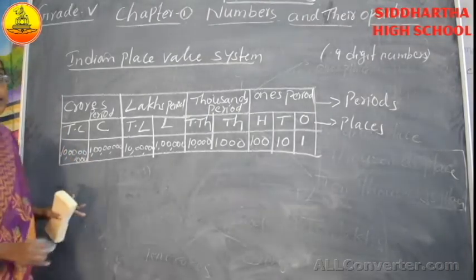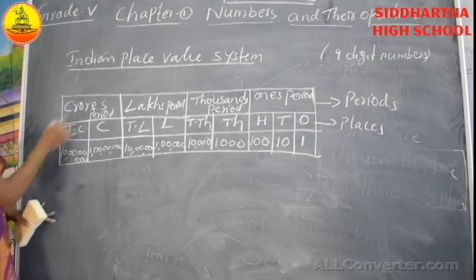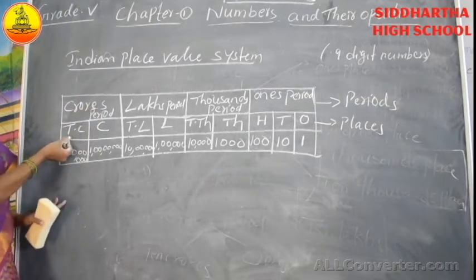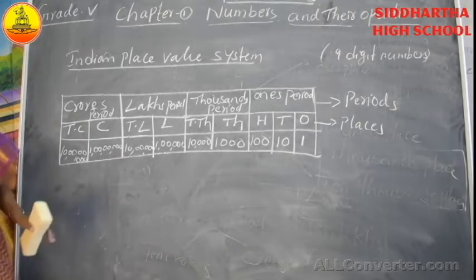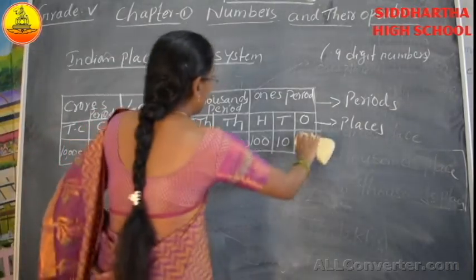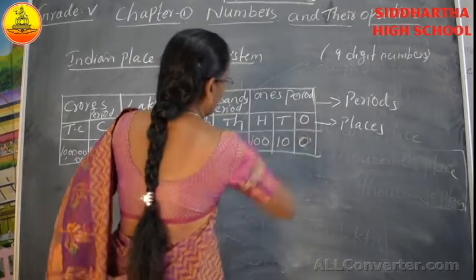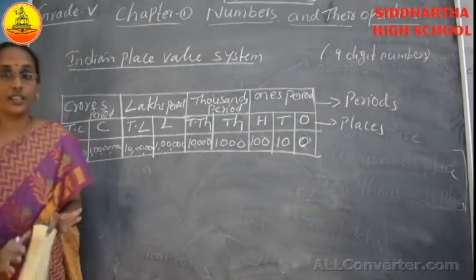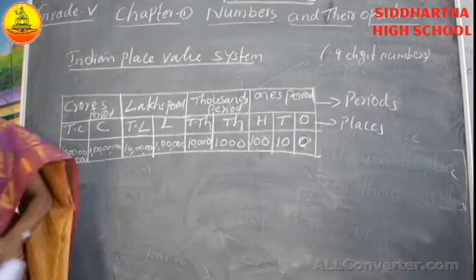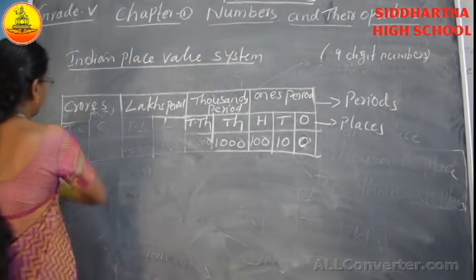Next, what will come in the Indian place value system? The next place after the crores period's crores and 10 crores will be 100 crores, like that we will get it. Okay, children, did you understand? Next, we'll discuss how to write the numbers